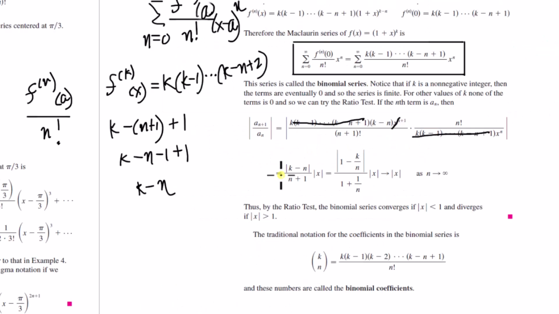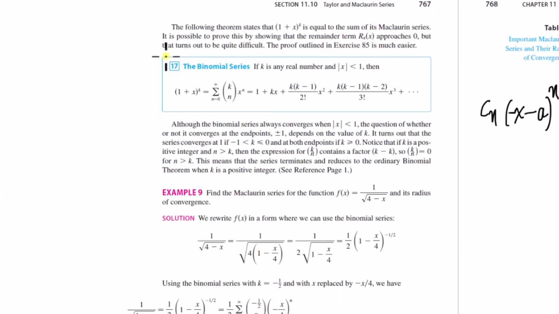They never said it officially, but we wanted to say that this equals 1 plus x to the k. All we did was find the Maclaurin series of 1 plus x to the k, but they talk about that it has been proven. So here it is. Then they go ahead and set those equal here. There's the binomial series. Now, okay, so this k choose n, if you remember from